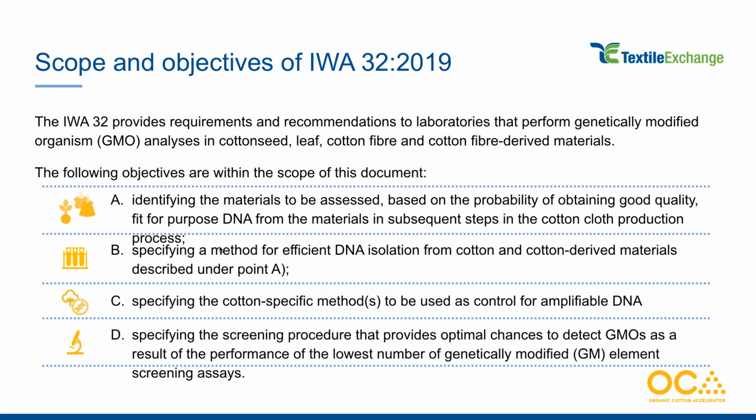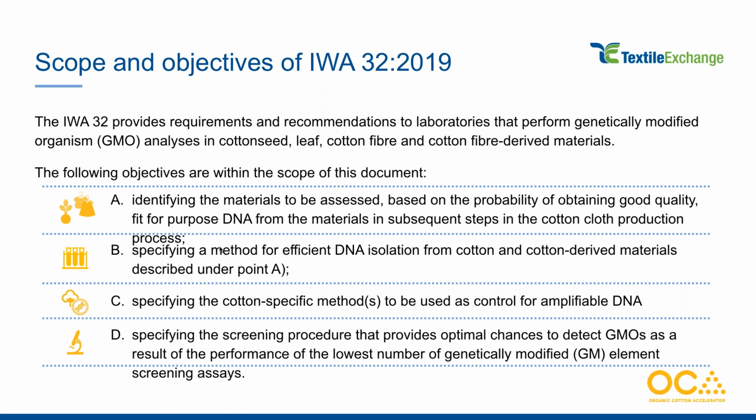So that really means, in what step of the cotton to garment supply chain can we still extract DNA from cotton of sufficient quality to actually run a GMO screening? If you do not have enough quality DNA available anymore, then it makes no sense to do this. So it was important to inform up until where in the supply chain you can generally extract that good quality